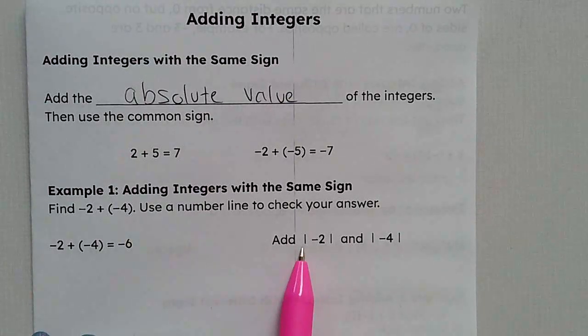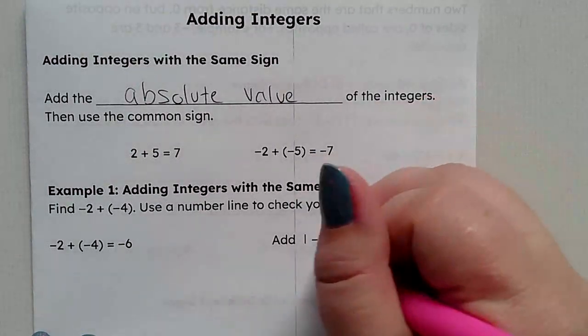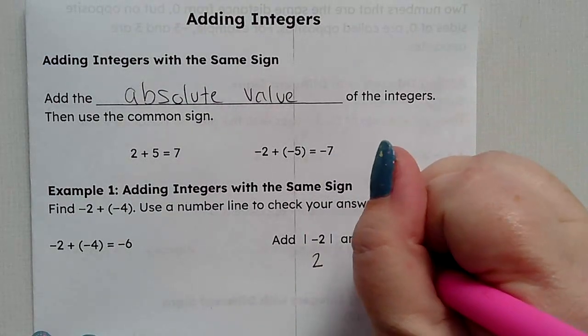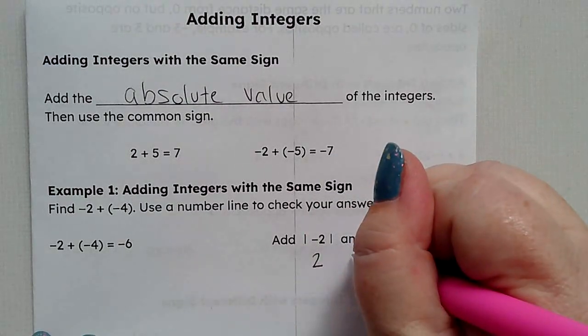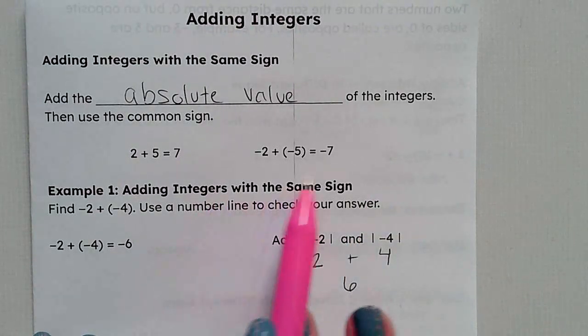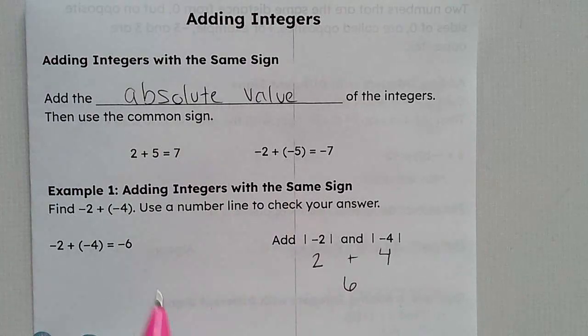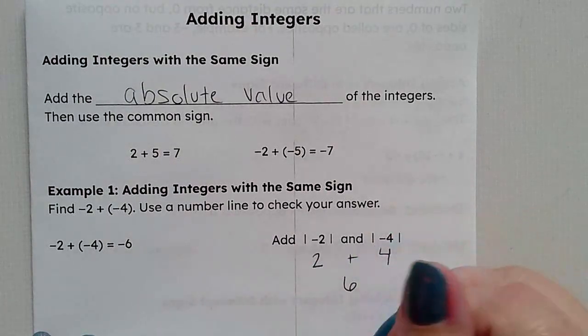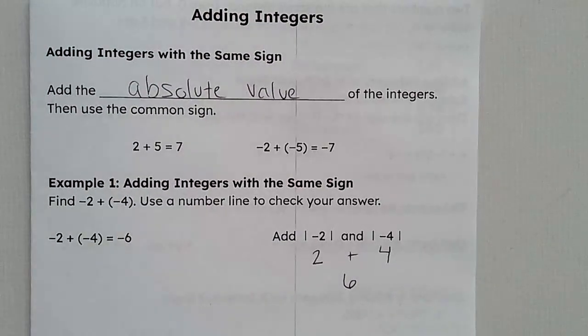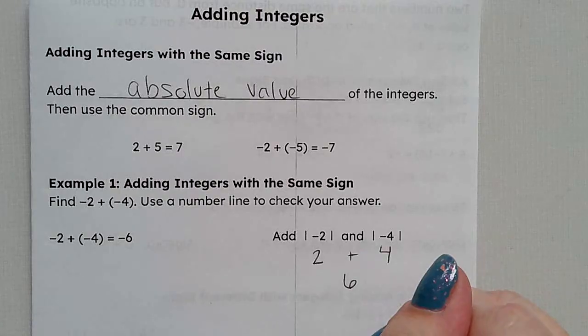So we're going to add the absolute value of -2. The absolute value of -2 is 2. The absolute value of -4 is 4. So we're going to do 2 plus 4, which is 6. And then we're going to use the common sign, which is negative. So that's -6. And we can check this because if we start at 0 and go to -2,